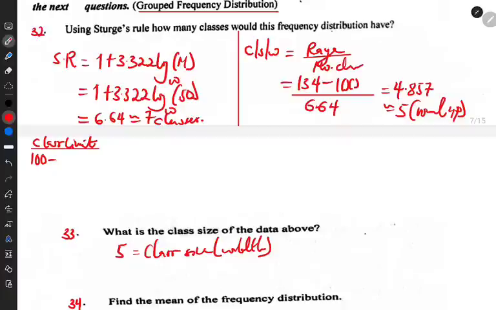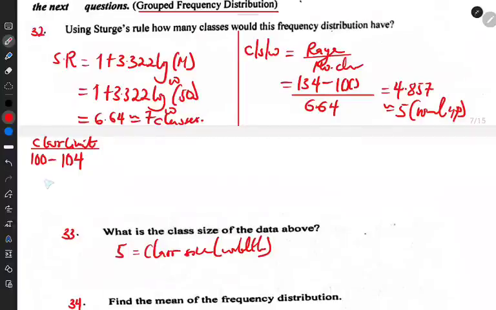The class size is 5, so we count 5 starting from 100: 100, 101, 102, 103, 104 gives us a class size of 5. So that's from 100 to 104. And the next one is going to be from